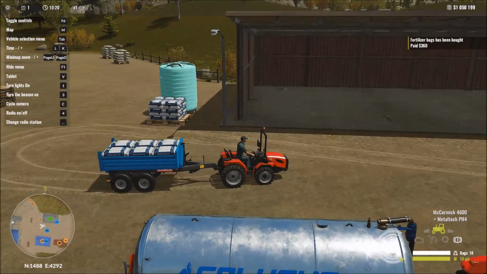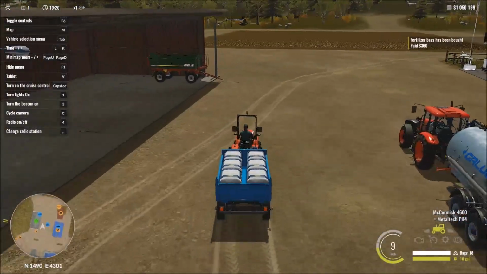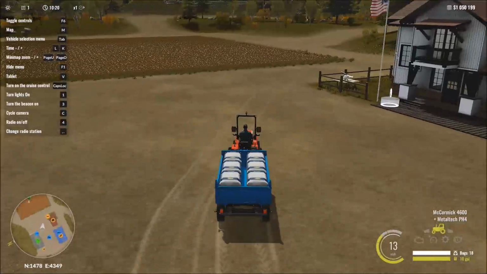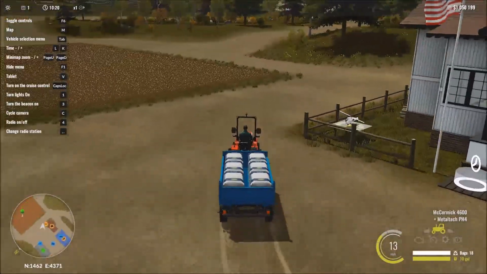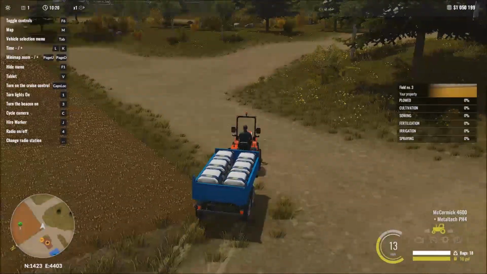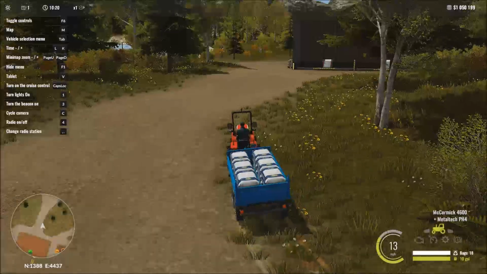Now we have a full load of fertilizer, and note that you can refill the fertilizer bags at any of these locations. These fertilizer pallets are located with each and every shed that I've come across in the game, so you should have no problem being able to access those around the map. Alright, so at this point we're simply going to drive back over to our greenhouse,